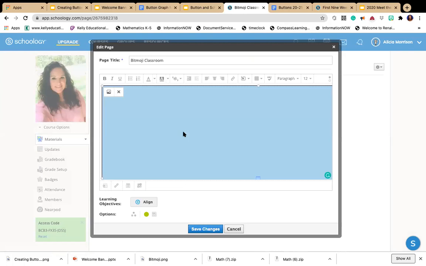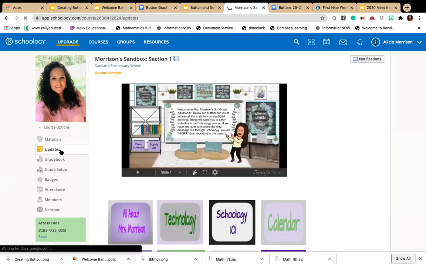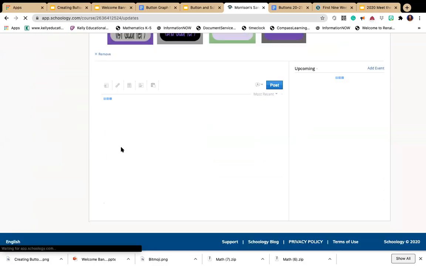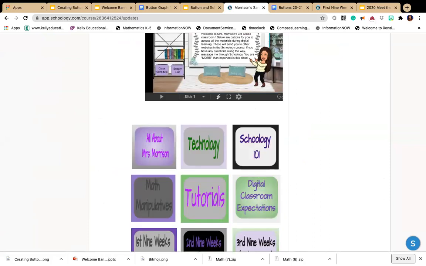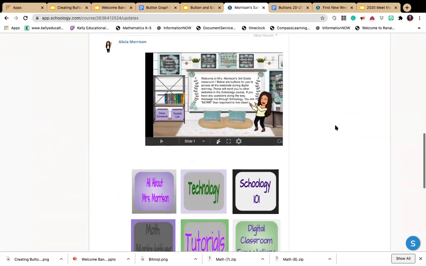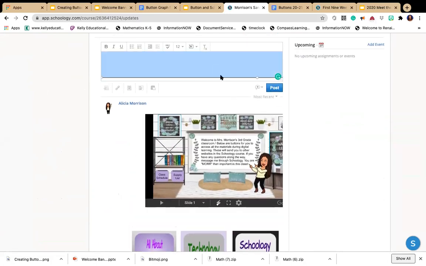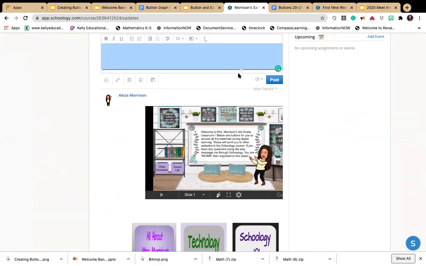I'm gonna Control C, and then I'm gonna cancel out. Go to updates. Here's my update. I'm going to Control V. There it is. I can resize it. I know it looks a little wonky. It's not letting me. There we go. All right, so once I have that in there, then I have to make sure I go up under